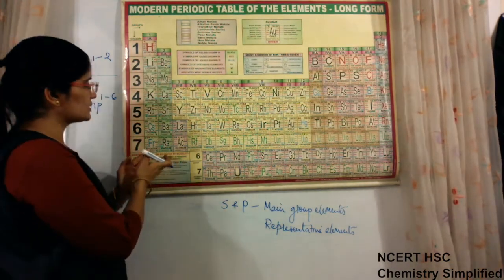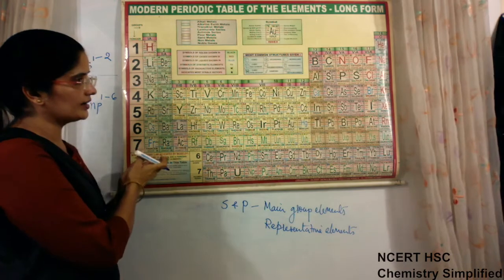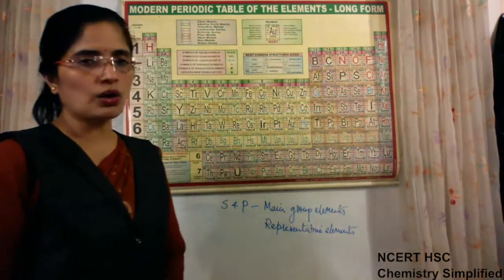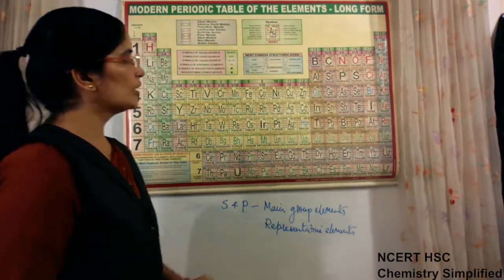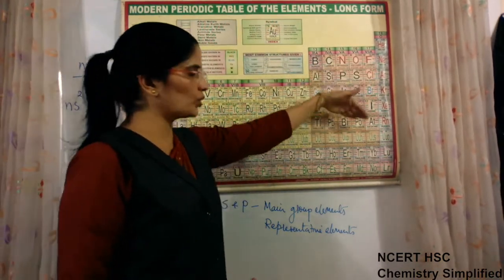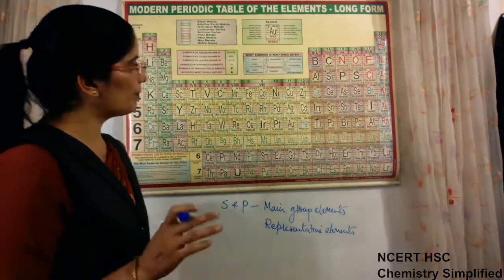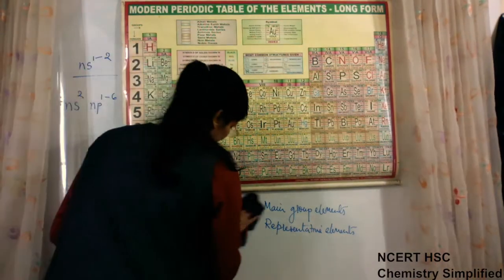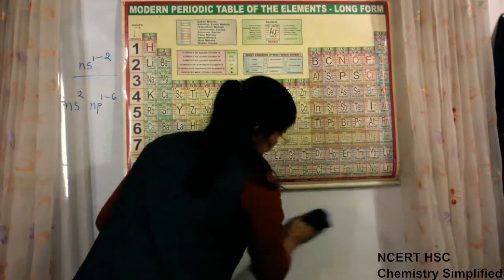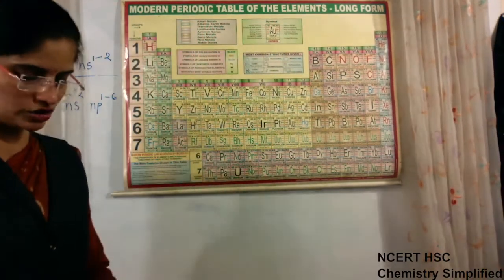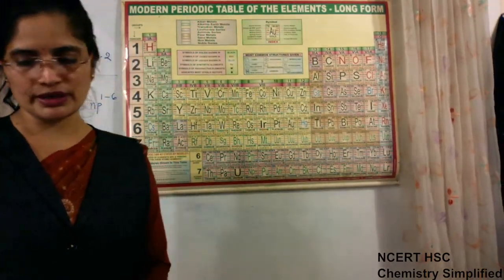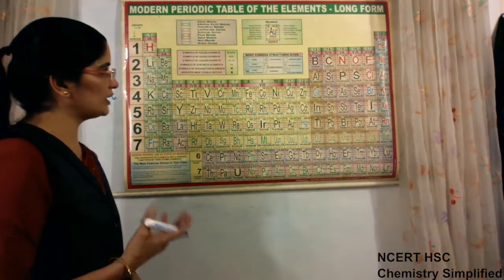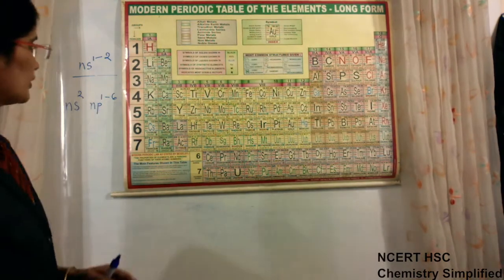As I told you, S block elements are mostly metallic in nature. Similarly, P block elements are mostly non-metallic in nature. Most of them are non-metals, though there are some metals also in this group, but most of them are non-metals. Some are metalloids also, okay. Metalloids means having some properties of metals and some properties of non-metals, okay, like germanium is an example of it. So later on we will talk about it.